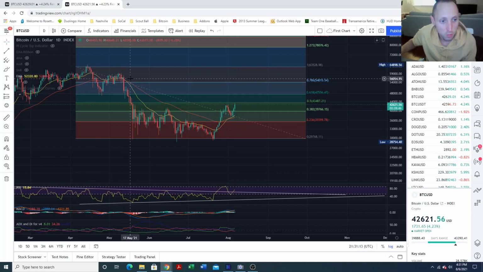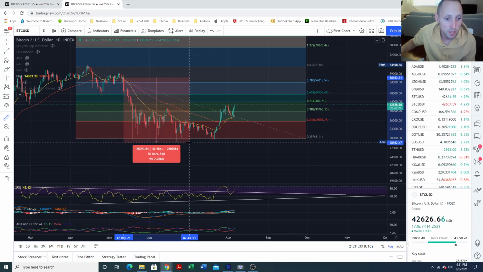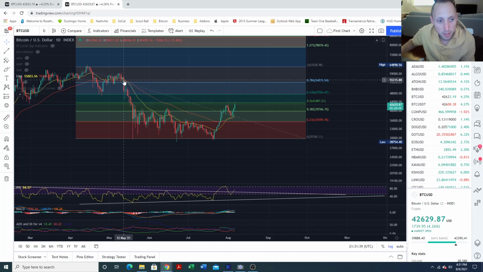In this situation right here, back when Bitcoin was around 64,000, over here about 57,000, it actually is called a death cross. The short-term EMA crossed under the long-term EMA. And as we all know, we saw a huge dump from this moment. Pretty much we've seen a 50% dump since then. So these tend to be good indicators moving forward.